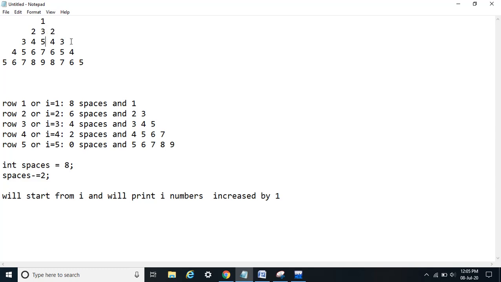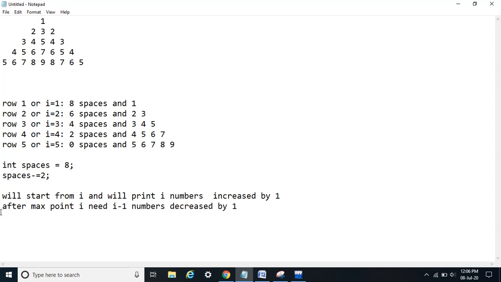After this I need 2 numbers, that is 3 minus 1, that is 2. So after this max point, I need I minus 1 numbers decreased by 1.